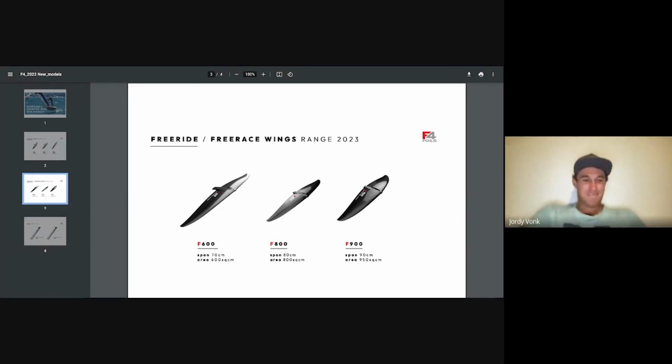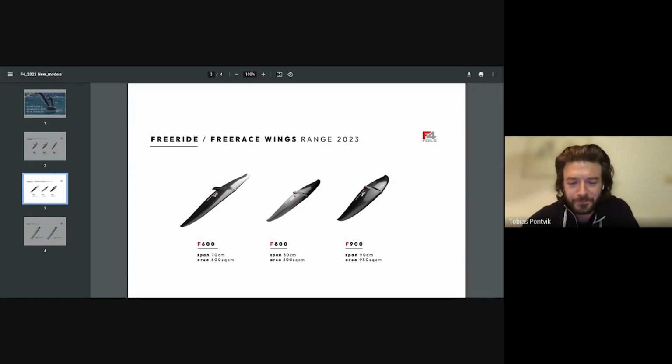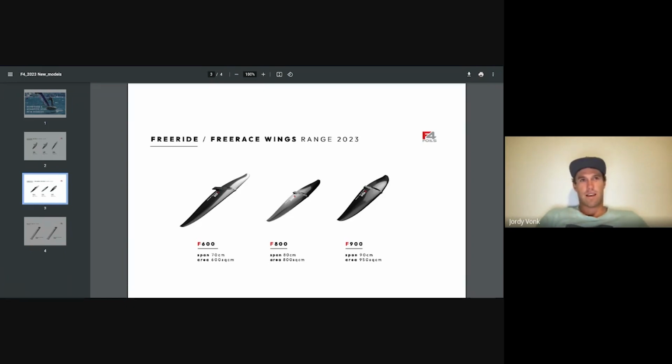Yeah, let's. I have one more question here. Compared to the 2022 freeride foil with the 1400 front wing, how come this is so much smaller? I mean, especially, I think that's really more the entry level freeride wing. I would say